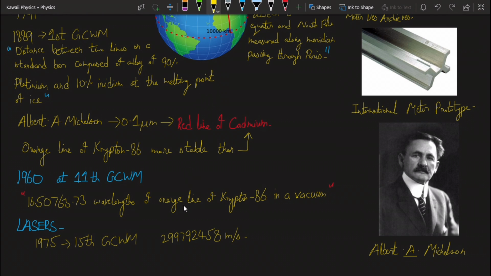So with an accurate value for the speed of light, in 1983,